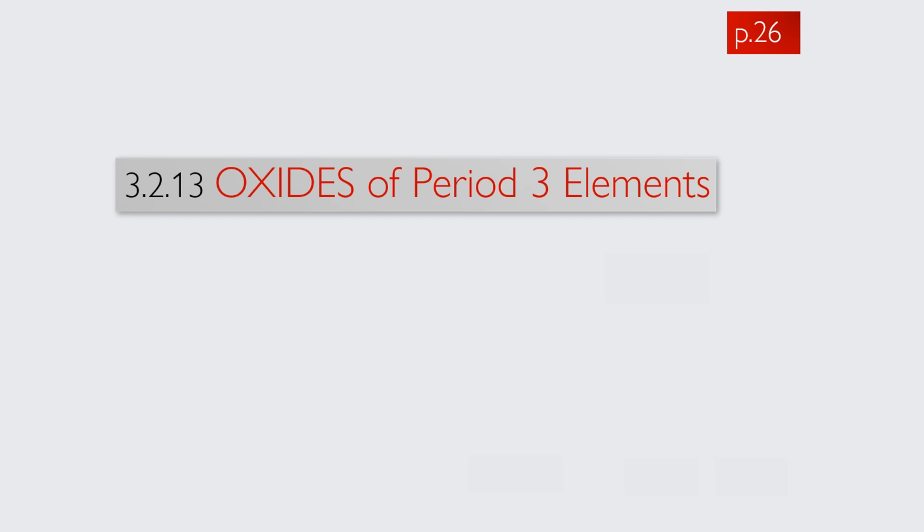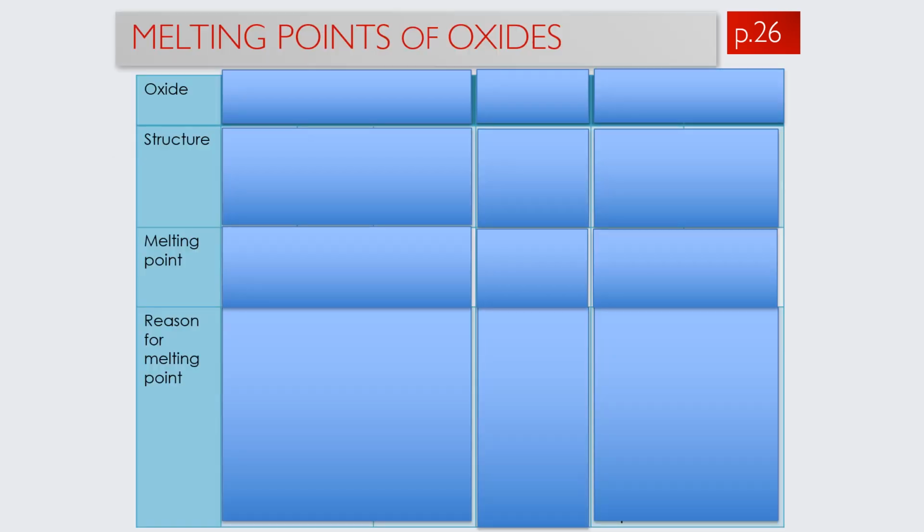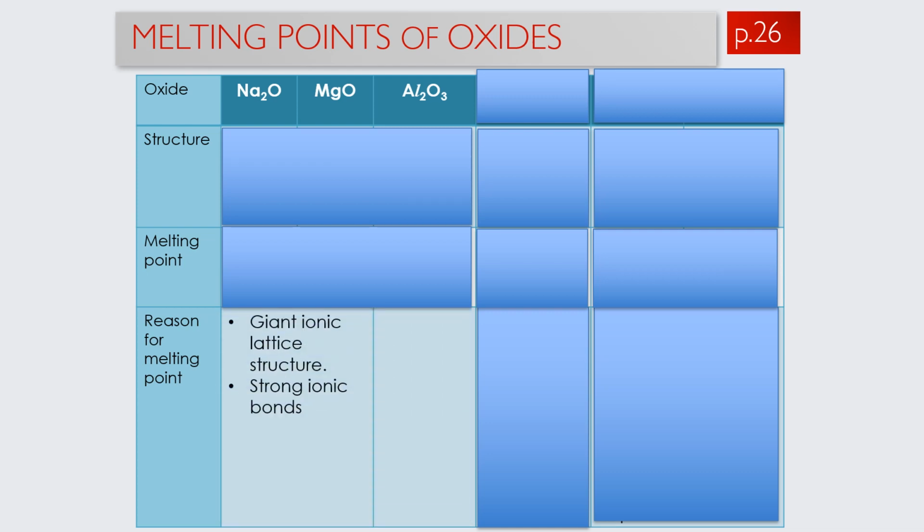In this section, we will look at the physical and chemical properties of the period 3 oxides. Now we will compare the melting point of the period 3 oxides. Firstly, if we look at the metal oxides, sodium oxide, magnesium oxide, and aluminium oxide, these three metal oxides have